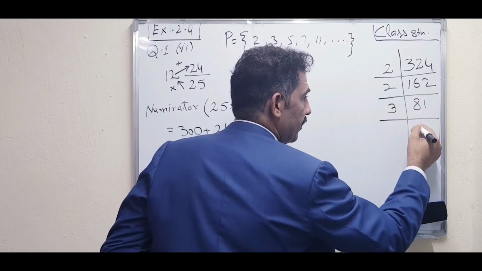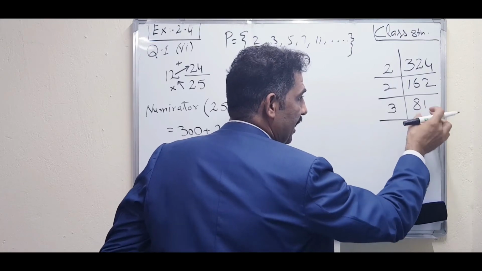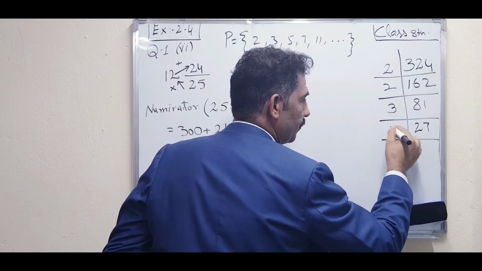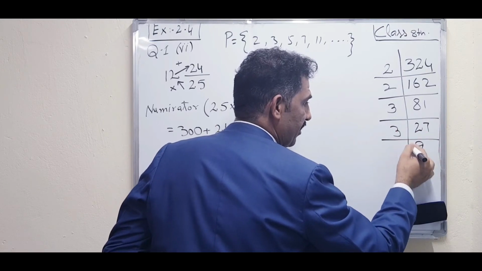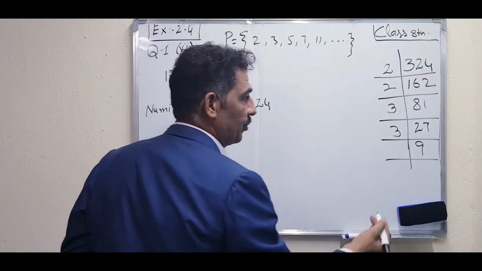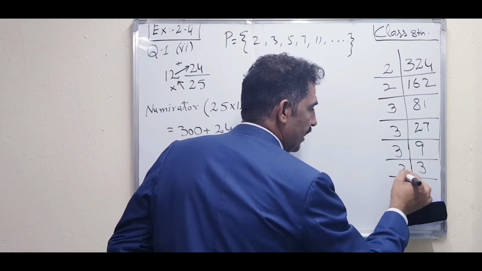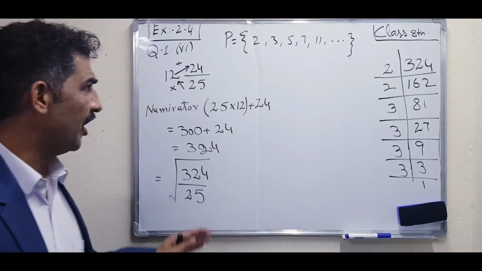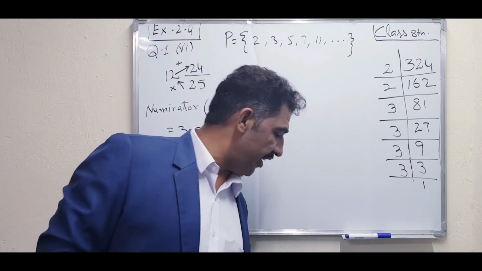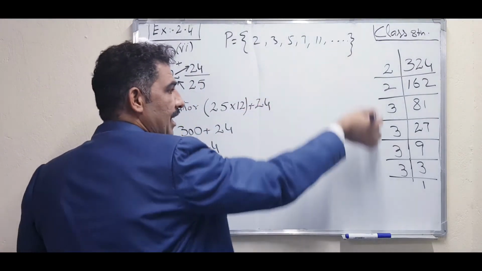So 3 twos are 6, remainder 2 combined with 1, then it will become 21, and 3 sevens are 21, 3 nines are 27. If you feel problem in English, fully English, then you can tell me, then I can also translate in Urdu. Okay, 3 threes are 9 and 3 ones are 3. And 25 we are not making into factors because we know that 25 has only the factors 5 into 5, 25. You can write directly, no issue. This is also the rough procedure, okay?